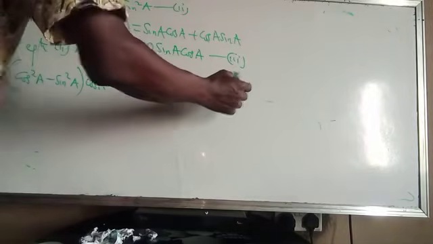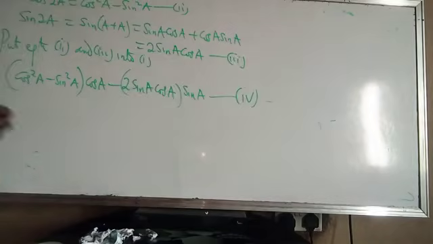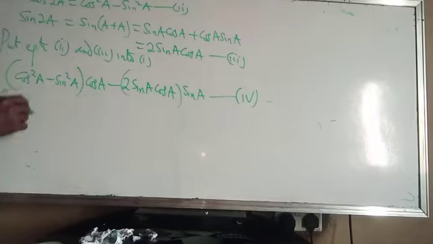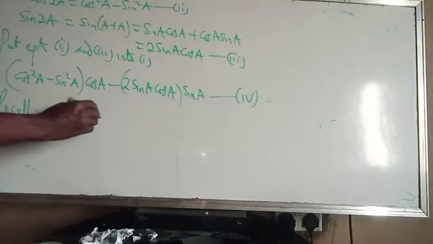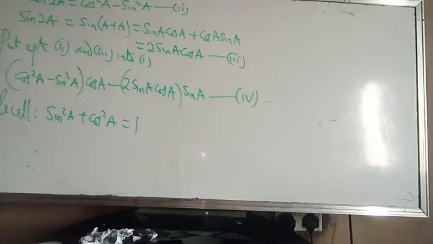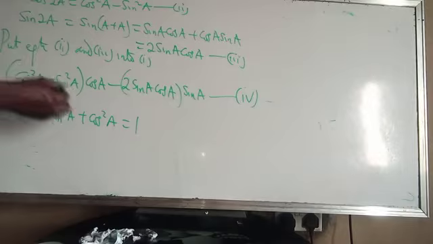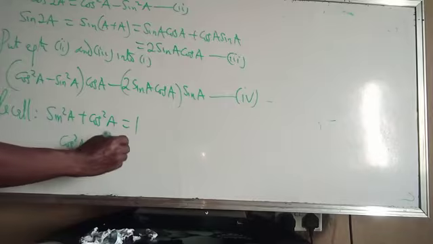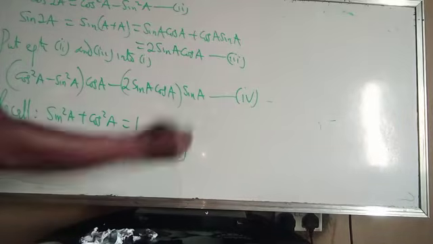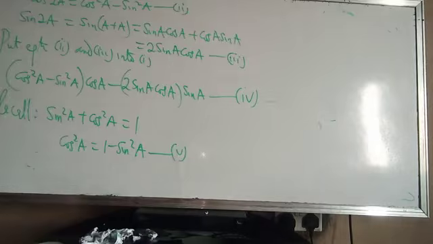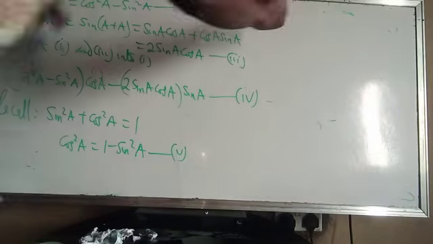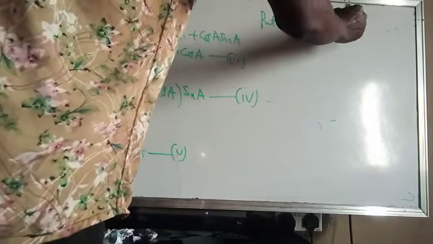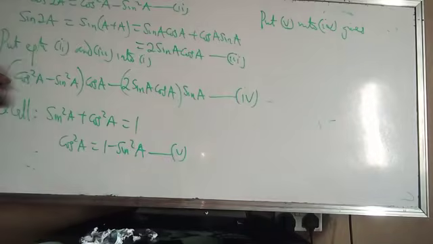Let's call this equation 4 now. Recall that sine square a plus cos square a is equal to 1. So to remove cos square a here, we can have cos square a equals 1 minus sine square a. You can call this one equation 5. Okay, so putting 5 into 4, by the time you put 5 into 4, instead of cos square a,